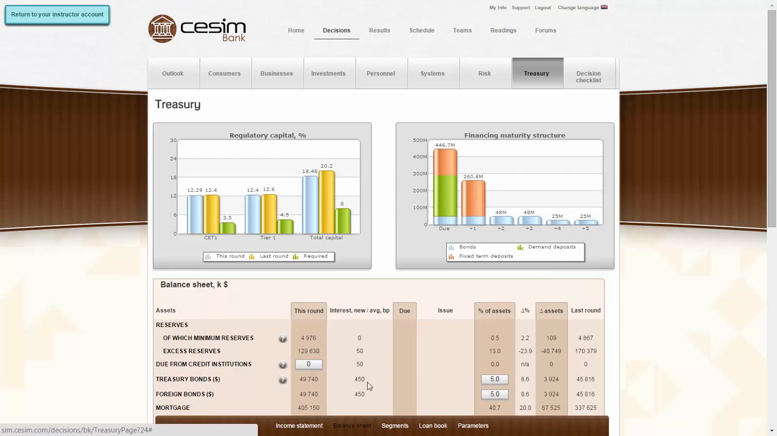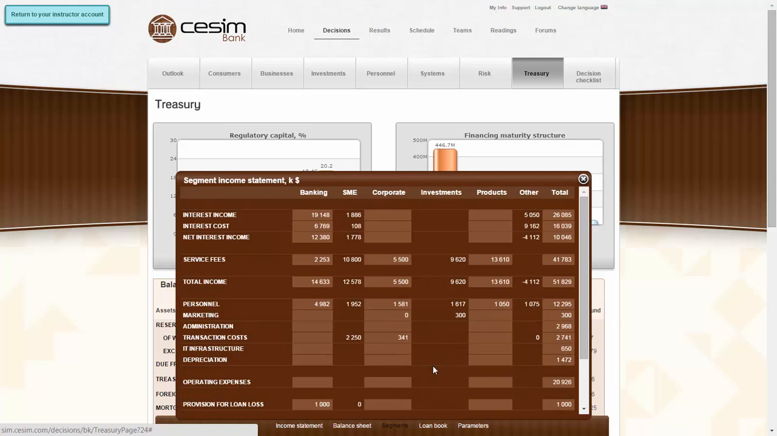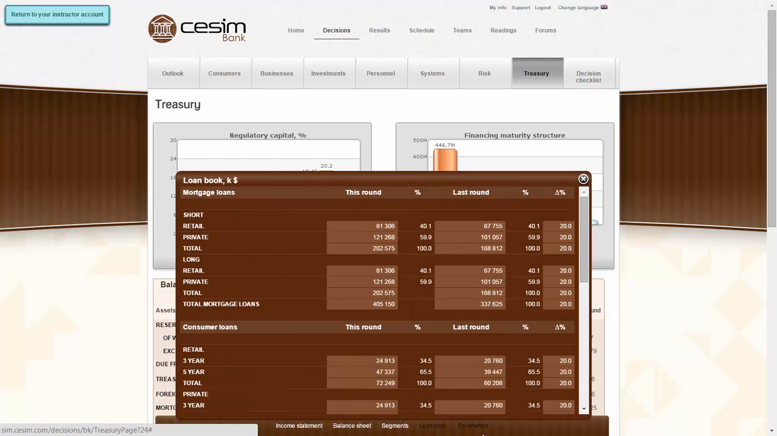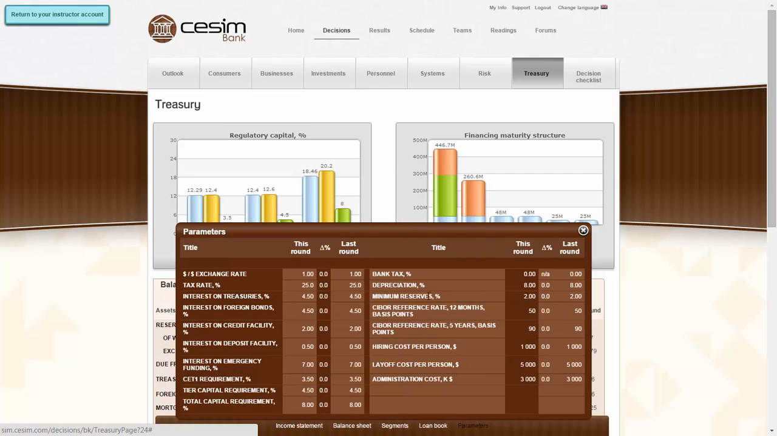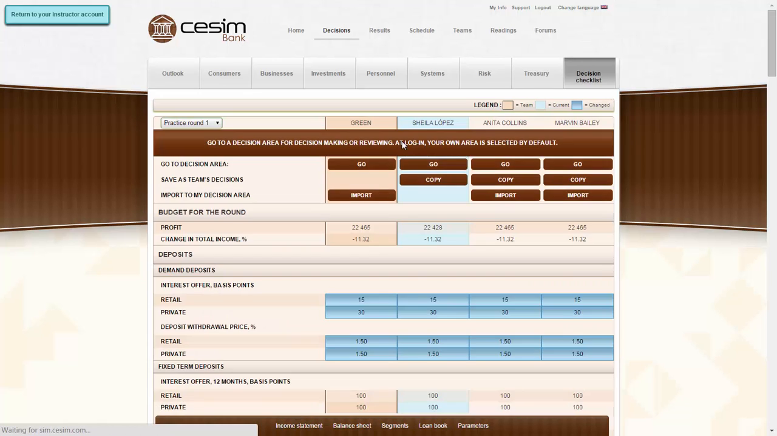And then the balance sheet, the same way, we have the previous round information and this round information. Then we have information for the different segments. We have the loan book, and then we have some parameters where you can find tax rates and other details that are part of the decision making process. Finally, there is the decision, sorry,